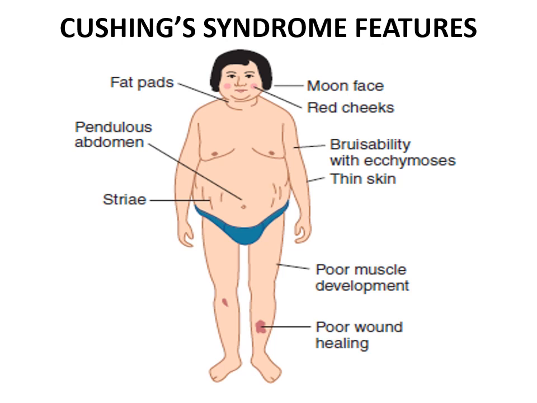It is weight gain, central obesity, rounded face, there is a fat pad on the back of the neck, that is buffalo hump, thin and brittle skin, easy bruising,